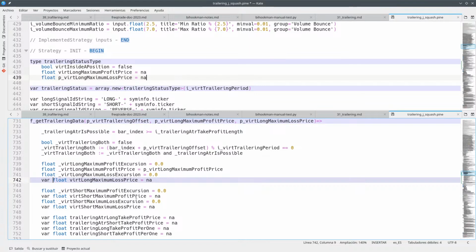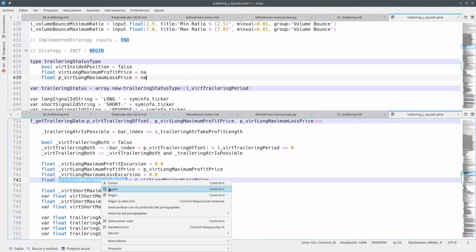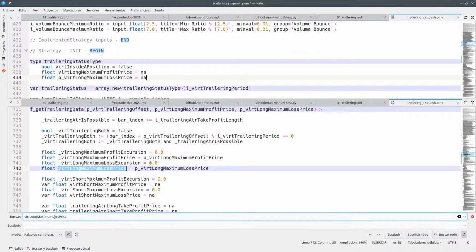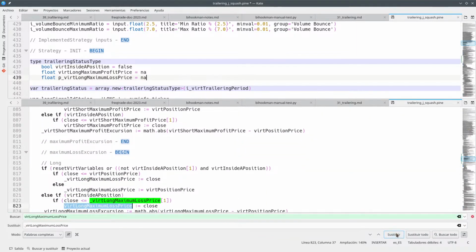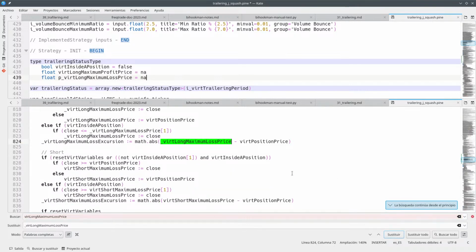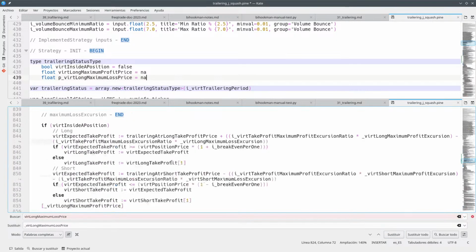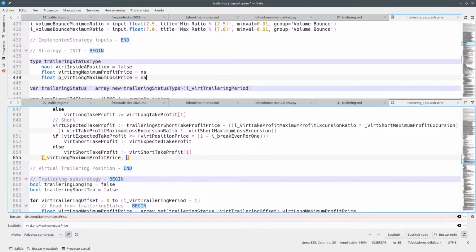So this is no longer bar because we don't want it to keep it. Even if it's a function, if you say bar here, it keeps it from candle to candle. And this is going to be this thing here. And now we want to replace this with a local variable name so that we don't get mad. Okay, so now we want this variable to be returned here,